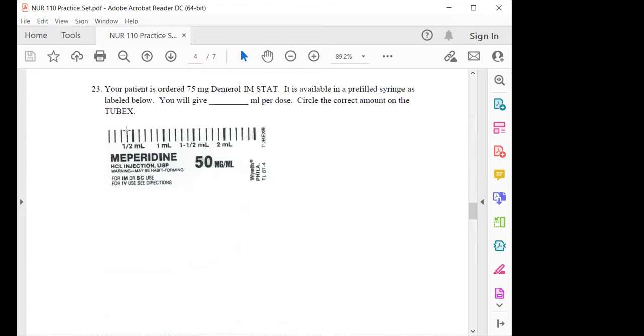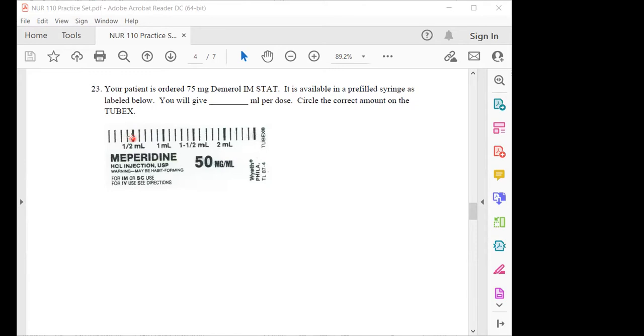So this right here is showing you, and I'm going to use a spotlight here. Nope, maybe not. There we go. So you should see my red dot here. And this red dot is just indicating this thing, it's called a Tubex. A Tubex is just a modified way of looking at injectables. What you want to pay attention to is how these increments are listed. So you can see that they're listed 2 milliliters, 1.5 milliliters, 1 milliliter, and half milliliter. What that should tell you is that these are decimal milliliters, meaning if this is half, which is 0.5,